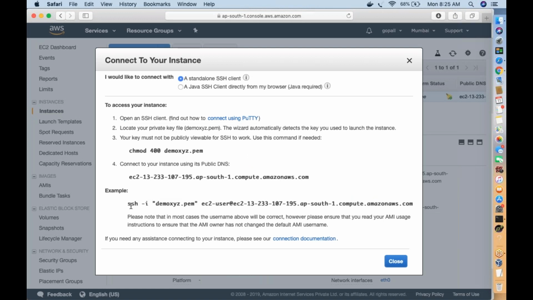Now these are the ssh commands to connect from a Linux laptop: ssh -i followed by your key name, followed by your username, ec2-user at the rate of your server's public IP. It means you are using ec2-user and this key as your password to authenticate to your server. That's what it was trying to say.